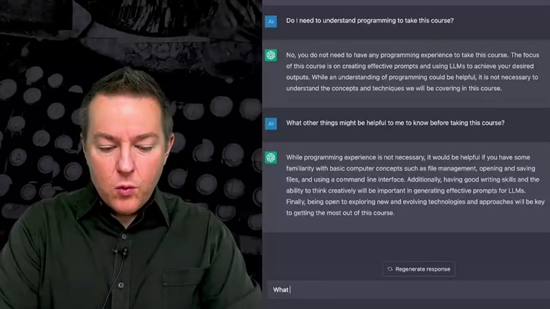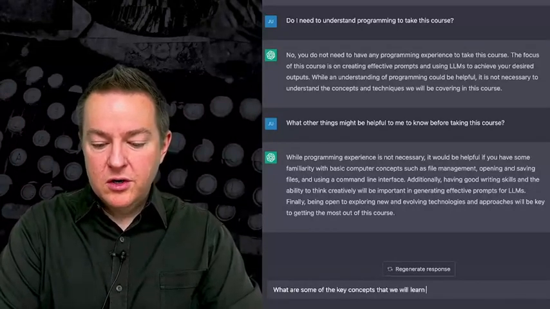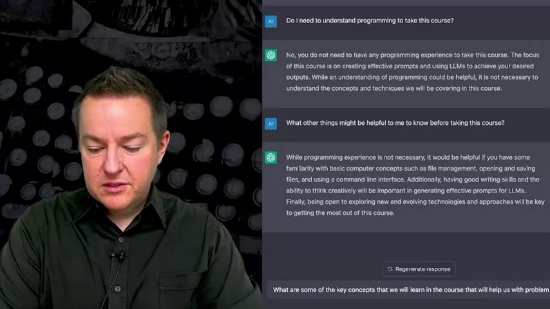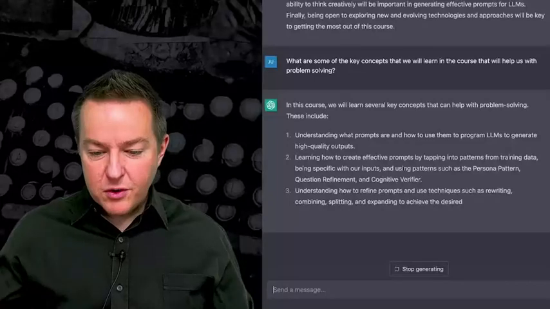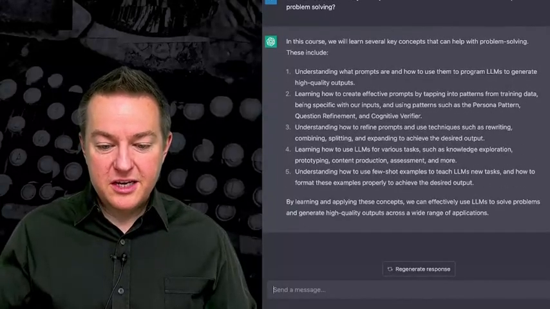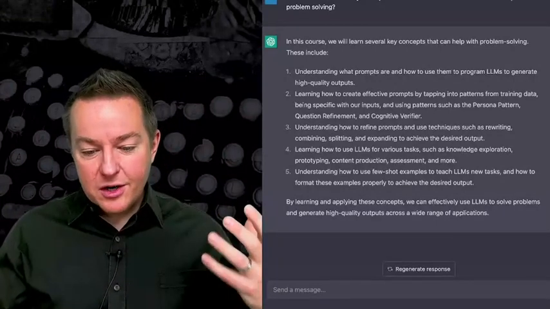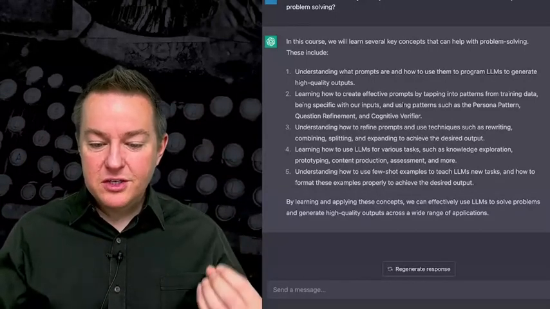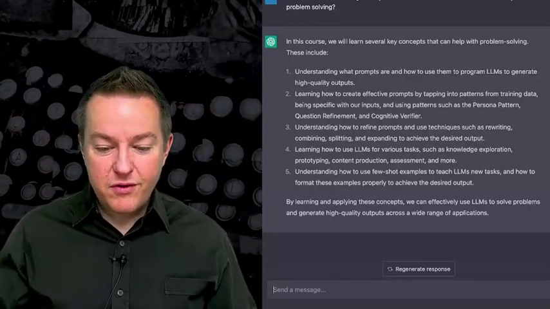So, what are some of the key concepts that we will learn in the course that will help us with problem solving? In this course, we will learn several concepts that can help with problem solving: understanding what prompts are and how to use them to program large language models to generate high quality outputs, learning how to create effective prompts by tapping into patterns from training data, being specific with our inputs and using patterns such as the persona pattern, question refinement, and cognitive verifier,